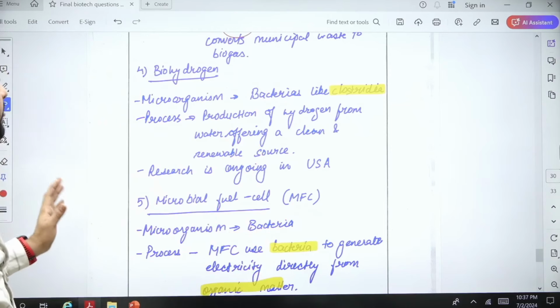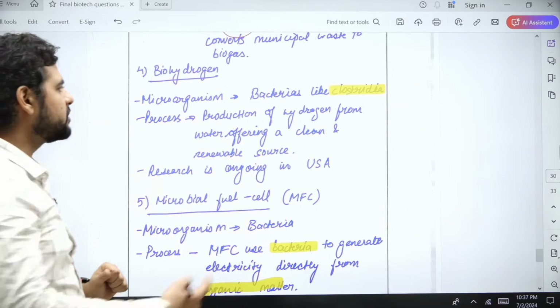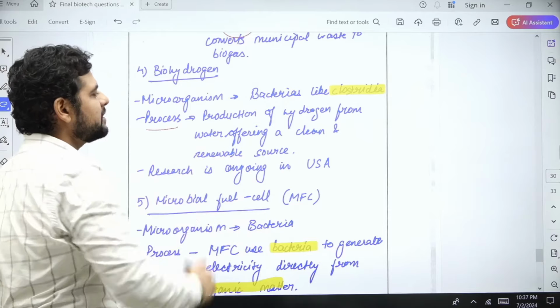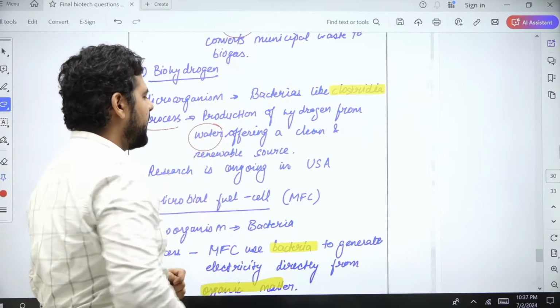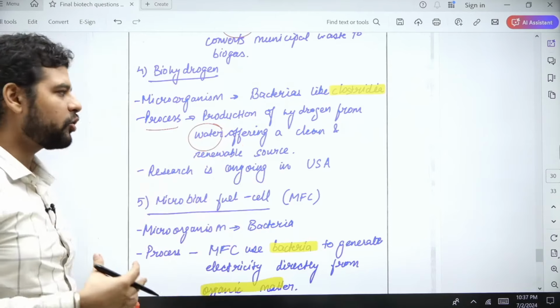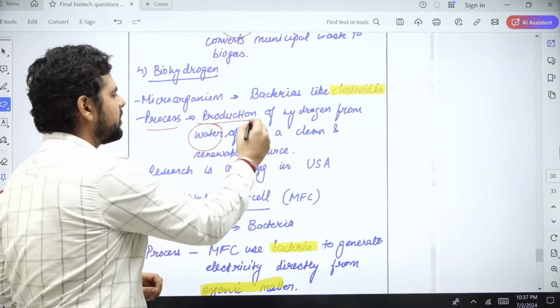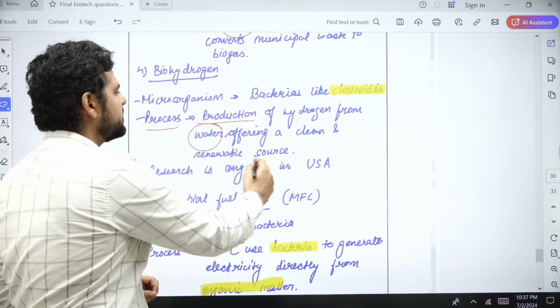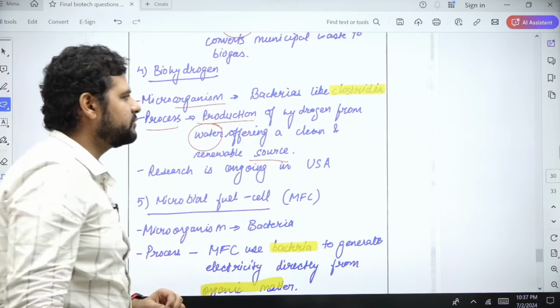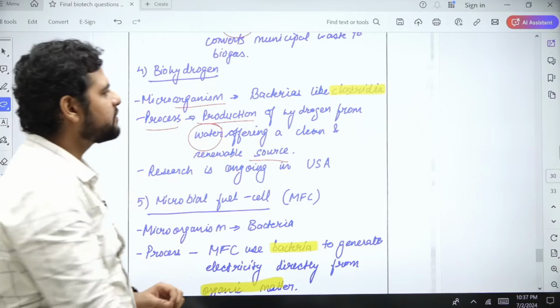Lesser known technologies. Biohydrogen. Now hydrogen is produced, what is the process? Hydrogen is produced from water, correct? By the biological or microorganisms. So production of hydrogen from water, and it gives us a clean and renewable source of energy. What are the microorganisms used? Bacteria and a special bacteria called